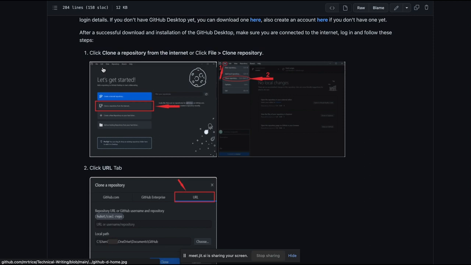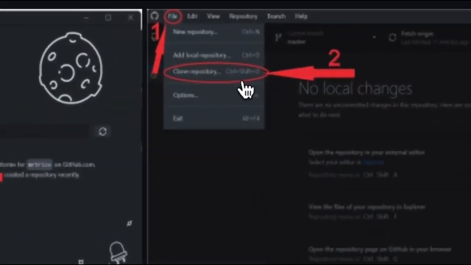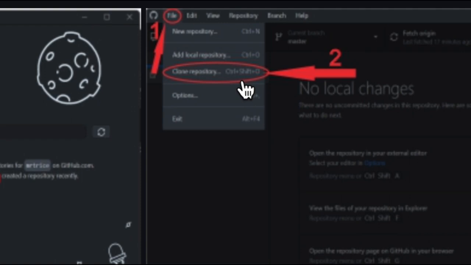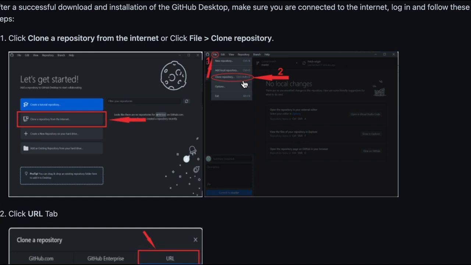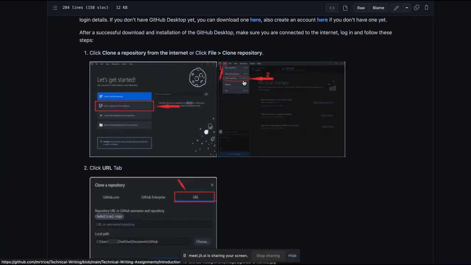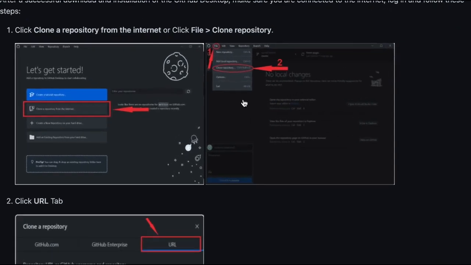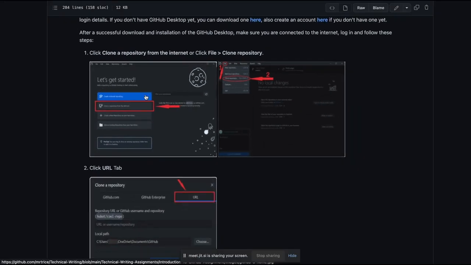It's not good. Clone a repository from the internet or click file, clone repository. Now, even me zooming is not still clear. So make it clear. And this is looking like it's not coming from your system, because if you did this yourself, I guess it should be very clear. So do it yourself. I did it myself. It's just that I reduced the size. I made it 500 by 400 by 300. Maybe I will increase the resolution. Okay, that's awesome. And leave them in one line. Let me understand that this is the first step and this is the second step.